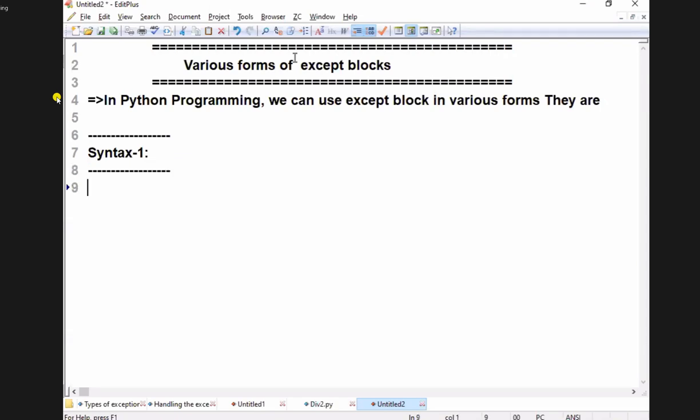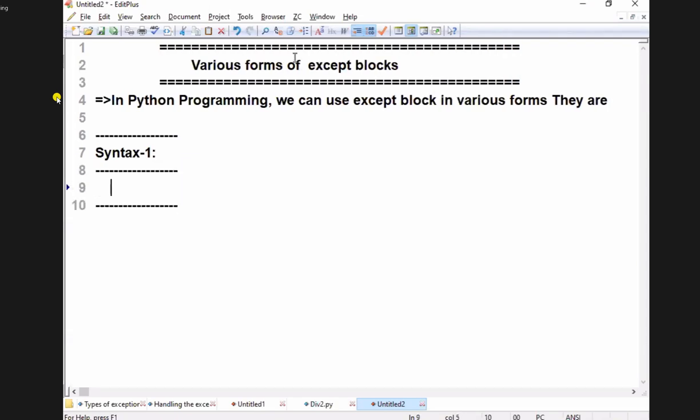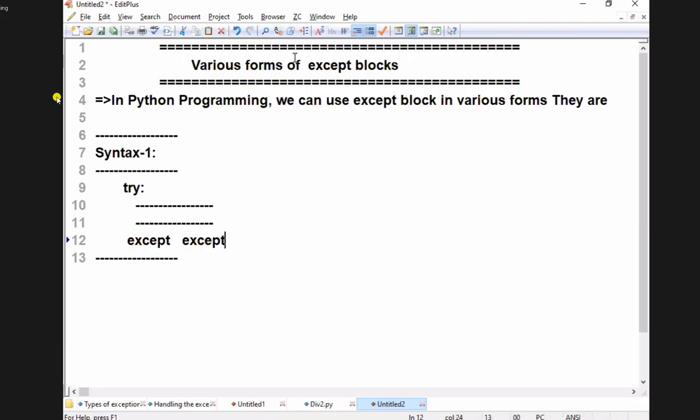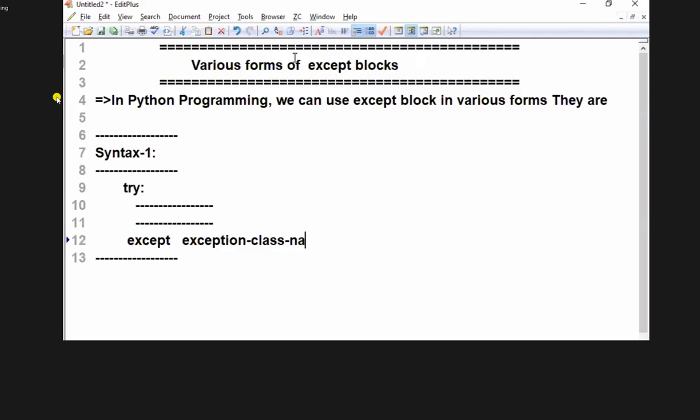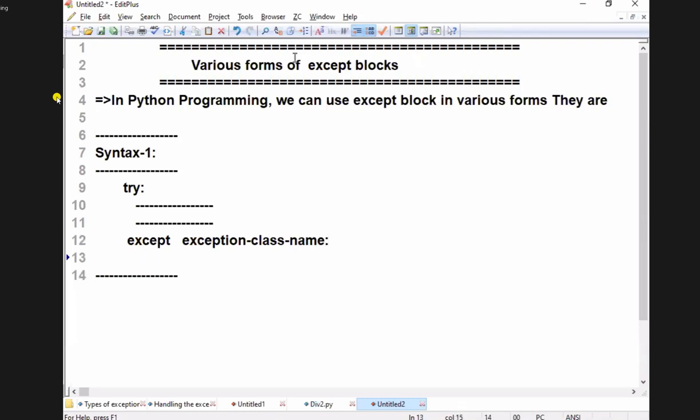Compulsory question this is. Now see, in this I am writing. What will we write here? Come on, speak. Block of statements. What I will write here? Except. Which name? Exception class name. Beautiful. Then block of statements generating which message? Good. This is the syntax. It handles one exception at a time.